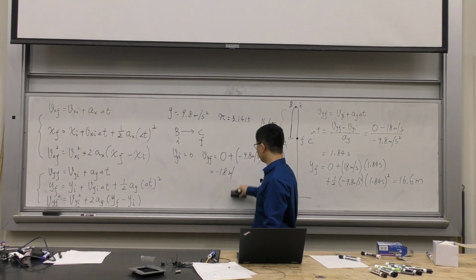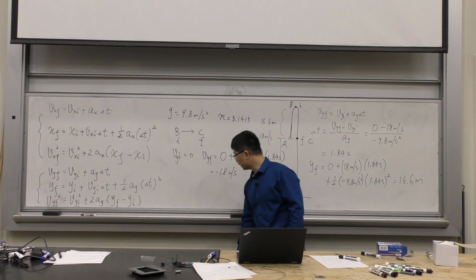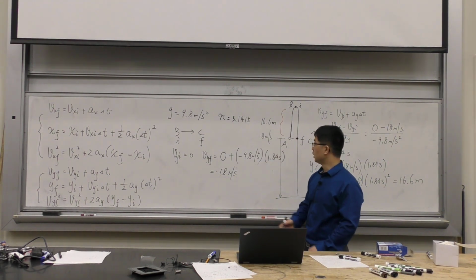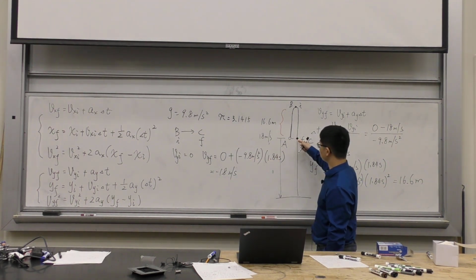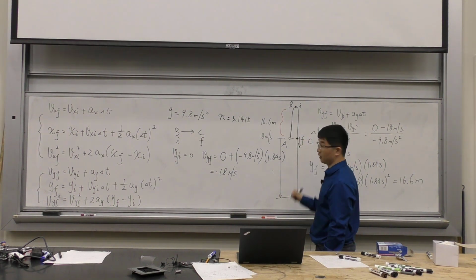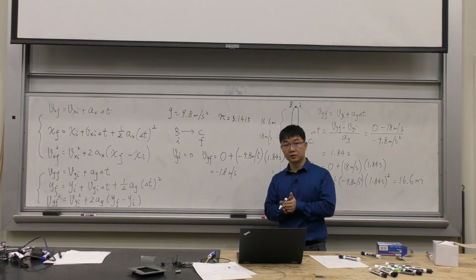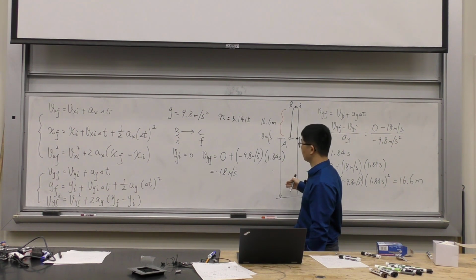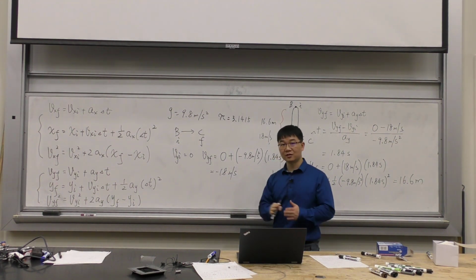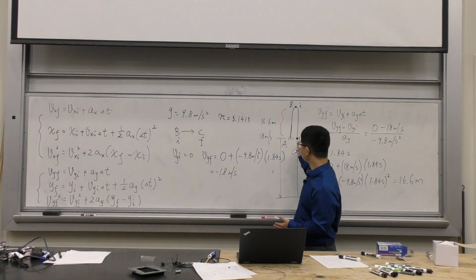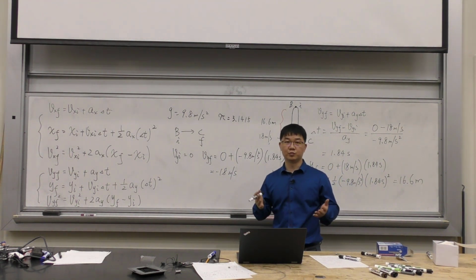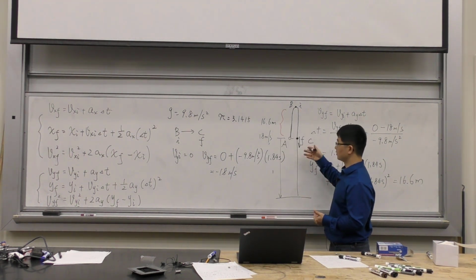Okay, I get a negative number. Did I do anything wrong? No, you didn't do anything wrong. Because at this point, what is the direction of this velocity? Down. If you still use up as positive, the velocity, strictly speaking, should be negative because the velocity is down. So you see that the answer is telling you both the magnitude and the direction very precisely. Even if you cannot figure out what the direction of the velocity is here, even if you say, I don't know at this point whether the velocity is going up or down,